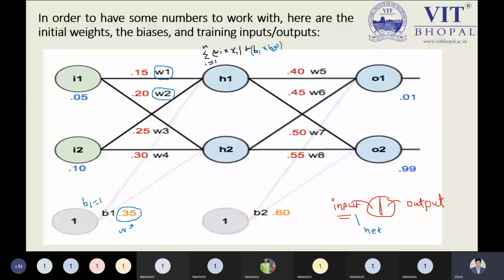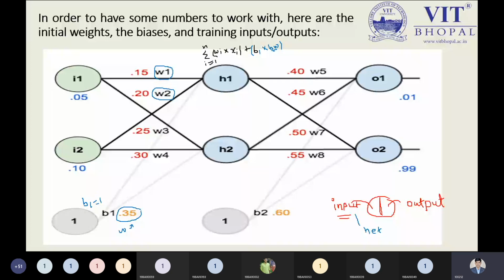Any other student who is not able to understand this calculation, just let me know the status right now. Any other student who is not able to understand this step, just let me know. Tell me if the step is clear, how we are getting it, because we have already calculated this step. That's why I'm asking. Please sir, explain once more. Okay, because it is the most important step, I will explain once again. Please use paper and pencil.